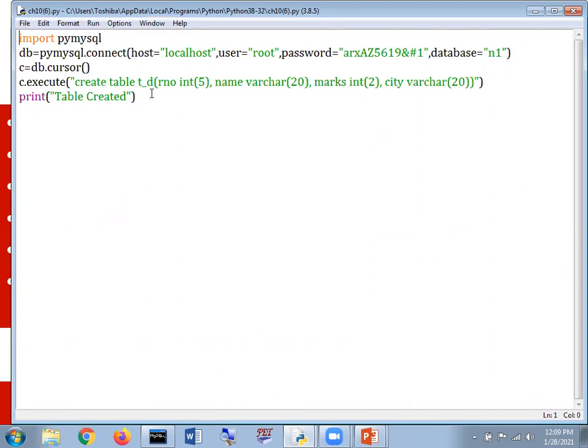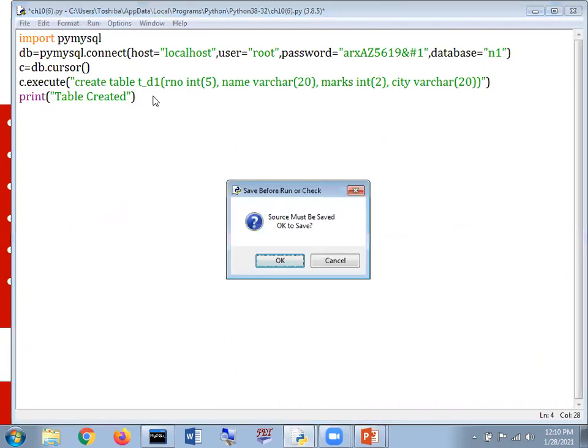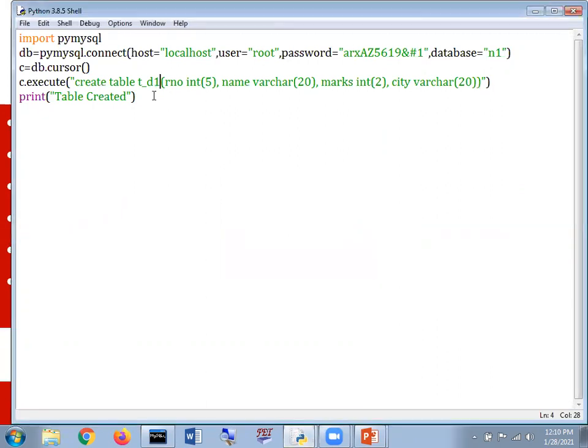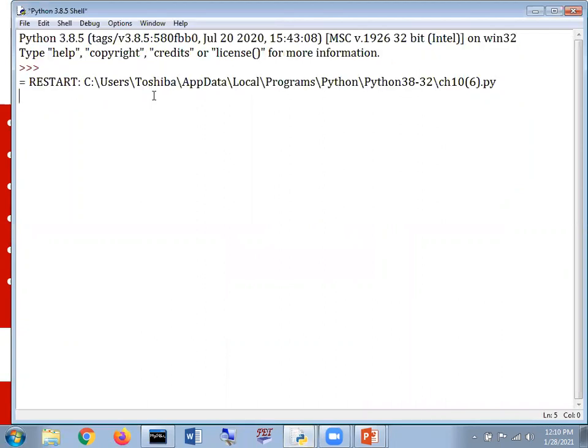Now what we are going to do here, I'm just going to make a modification: t_d1. I'm going to create a new table, and I'm not going to discuss anything with this program because yesterday we have already discussed the same. Now I'm just going to hit enter, and here it is. If three arrows or a message appear, it means the table will be created. And we have also discussed yesterday how we are going to display the structure of that. Now,